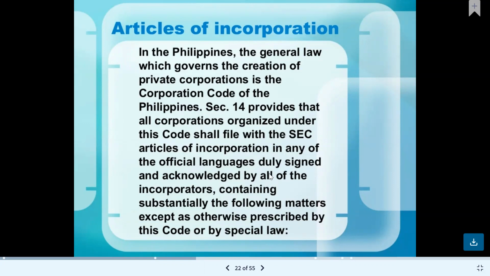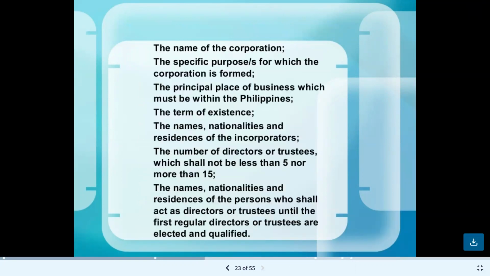of the official languages, duly signed and acknowledged by all of the incorporators. By the way, when you say incorporators, these are the persons who originally form the corporation, containing substantially the following matters, except as otherwise prescribed by law or by special law. Take note that the articles of incorporation, according to Section 14, will have